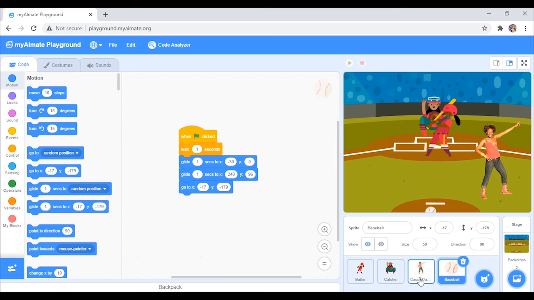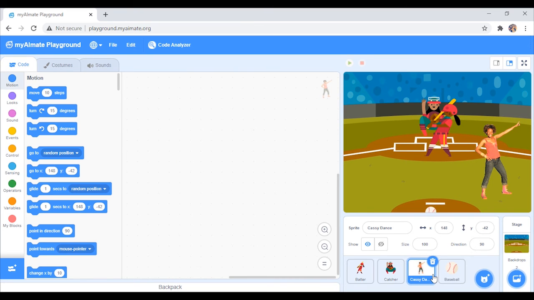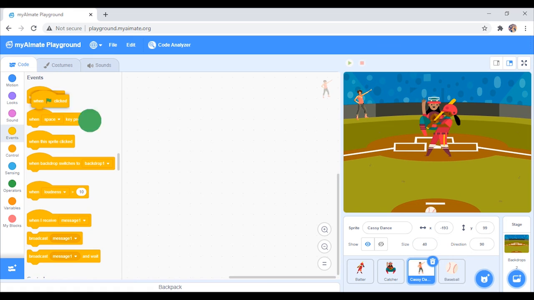It's time for the cheering person. Firstly, let's put it in an appropriate place and size. We wait for 3 seconds to let the batter hit the ball.